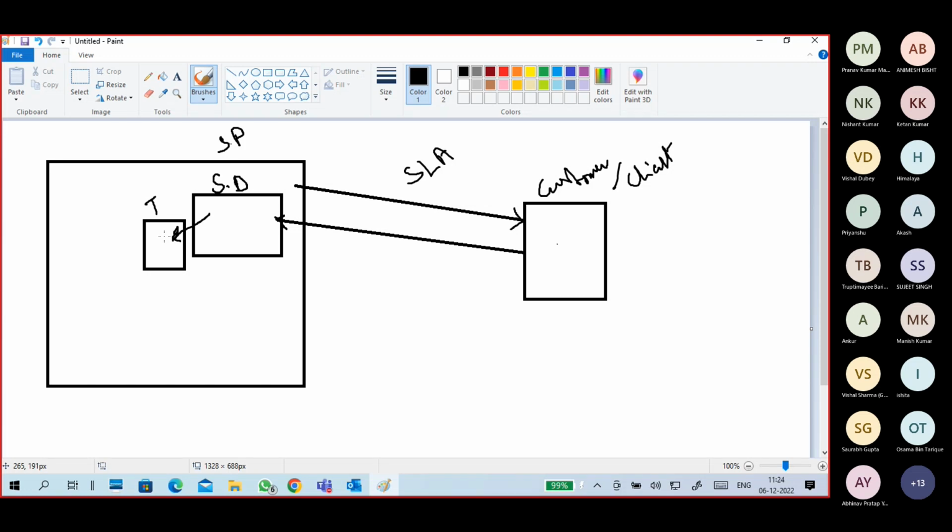Customer location. What is the requirement? Is there an issue, or is some information required, or does he want certain changes? What is the priority of that issue or customer requirement? I will define that in the ticket. Either the service desk person handling it can take care of that issue,